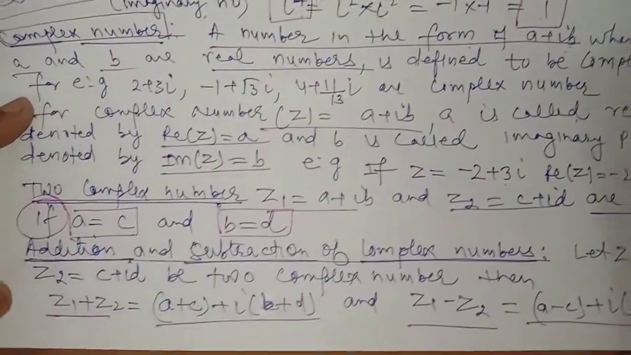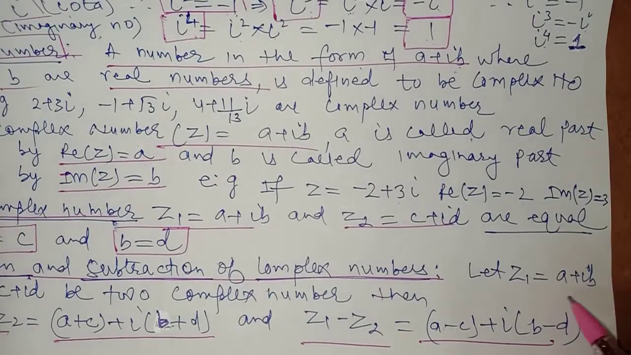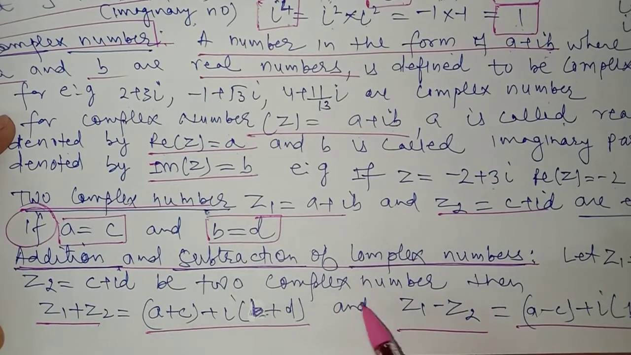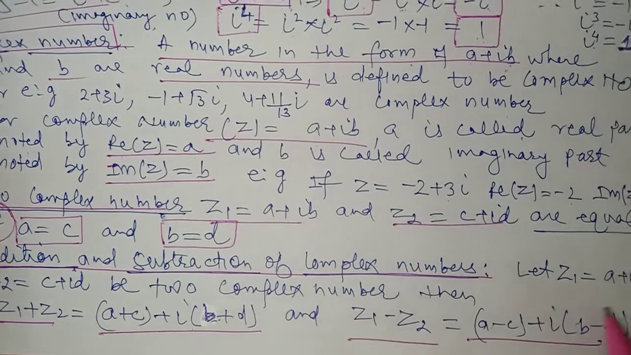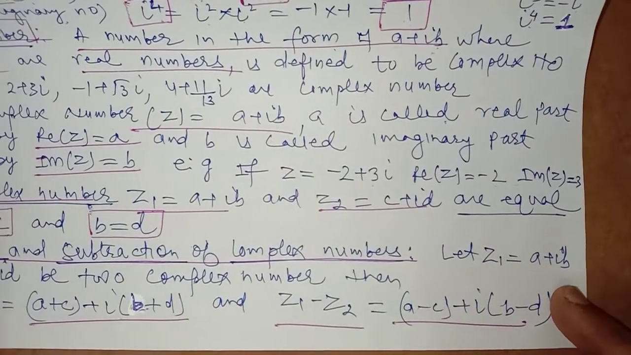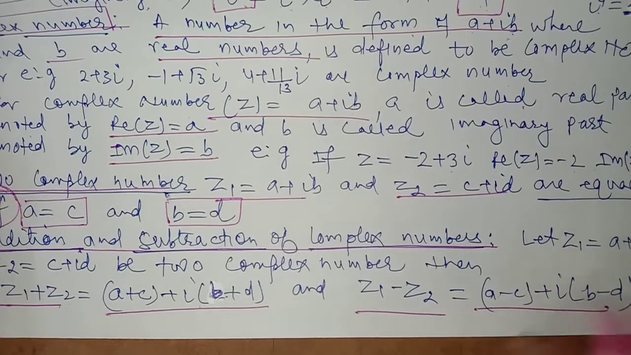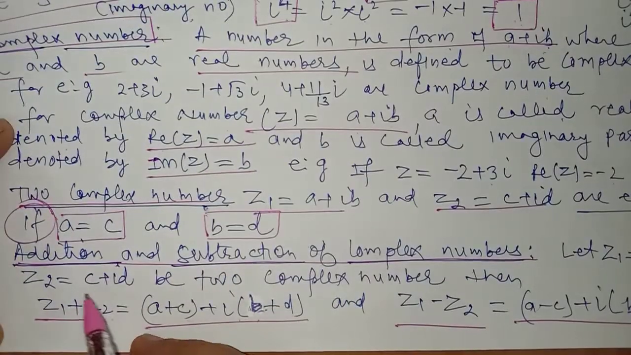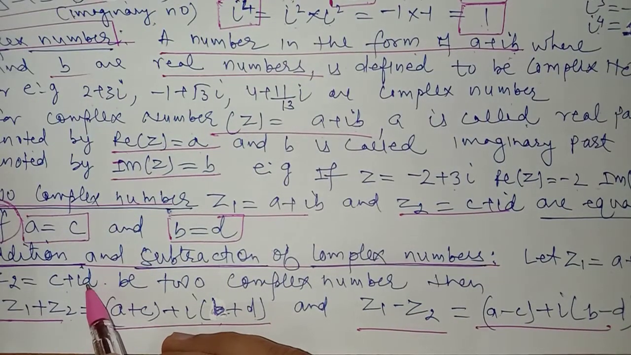Addition and subtraction of complex numbers. Let z1 be a plus ib and z2 be c plus id be the two complex numbers, then z1 plus z2 will be equal to (a plus c) plus i(b plus d). Means when we add two complex numbers, then the real part will be added with the real part, and the imaginary part will be added with the imaginary part. See it: a with c will be added, b with d will be added,